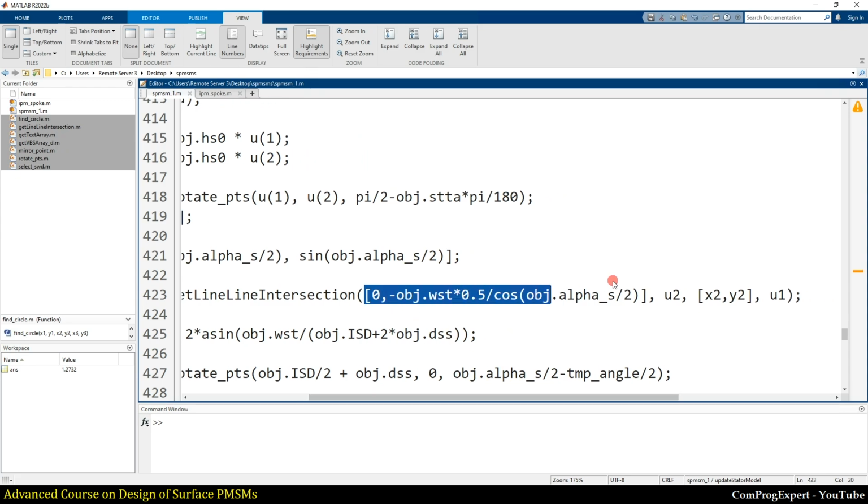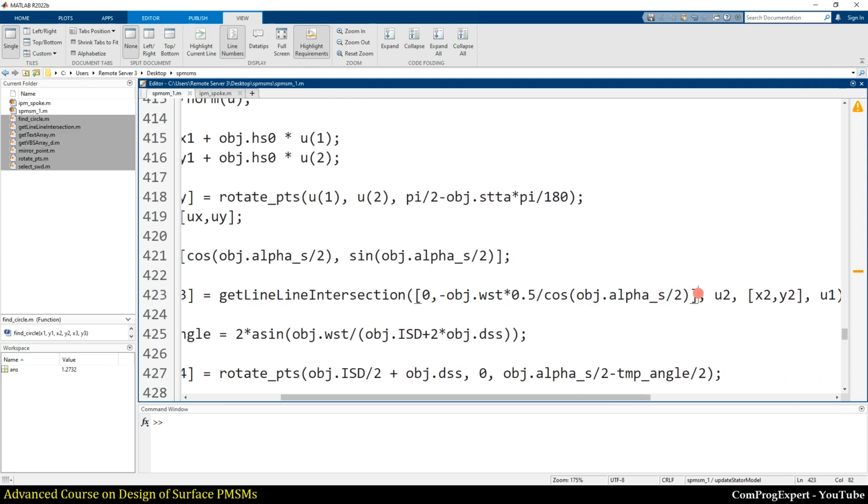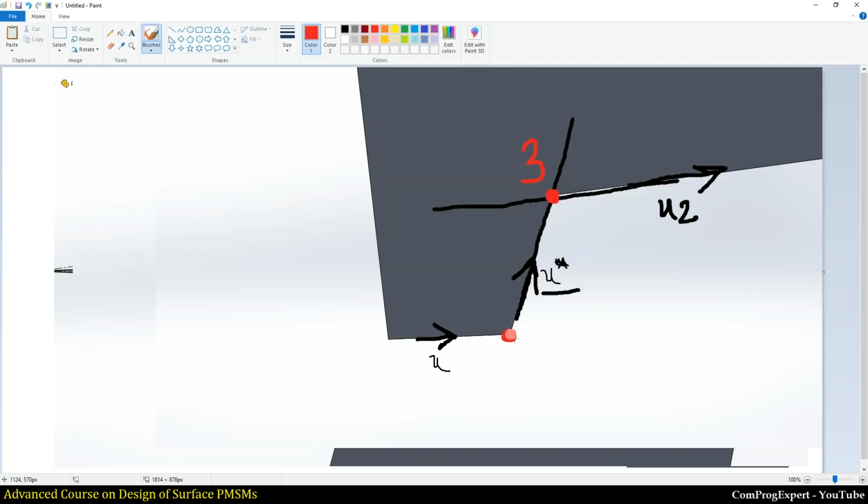First, we need to have a point of the corresponding line, and then the unit vector, a point of the second line, and the unit vector also. So here I have this point x2, y2, and I have this unit vector. So we can specify this line.